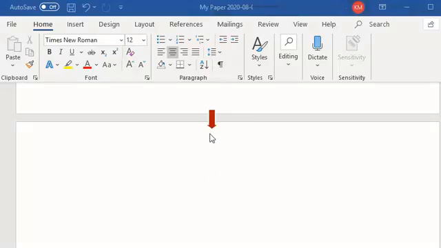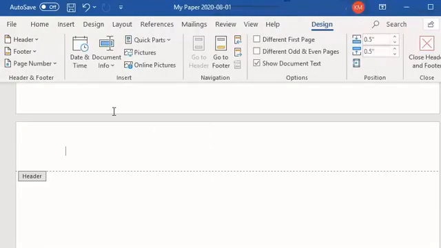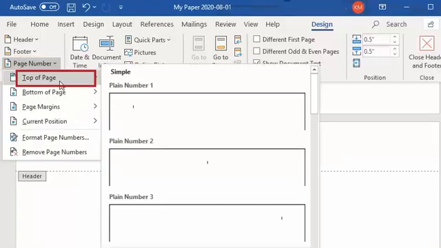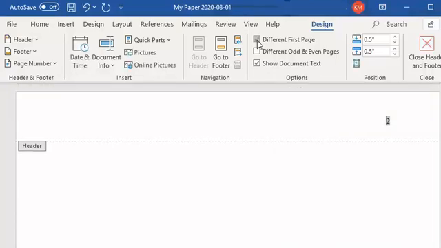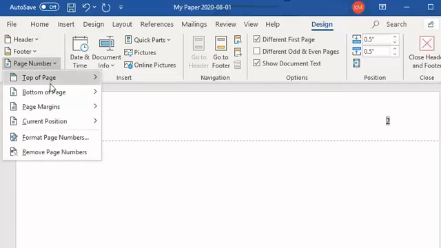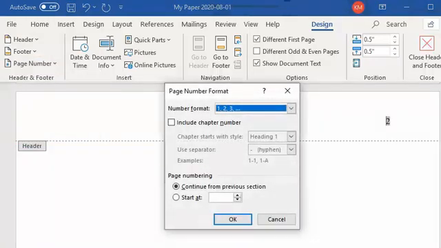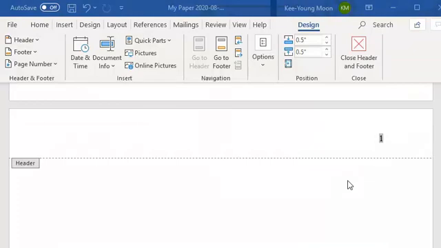Next, we'll create page numbers. To see the header, double-click at the top of the page. Select the Page Number menu item, then Top of Page, then number 3. This will align the page numbers to the right of the page. To make the page number start counting from the beginning of the document and not the title page, check the box Different First Page under Design. Select the Page Number menu item, and then select Format Page Numbers and set the page numbering to start at 0. Double-click within the page to exit the header area.